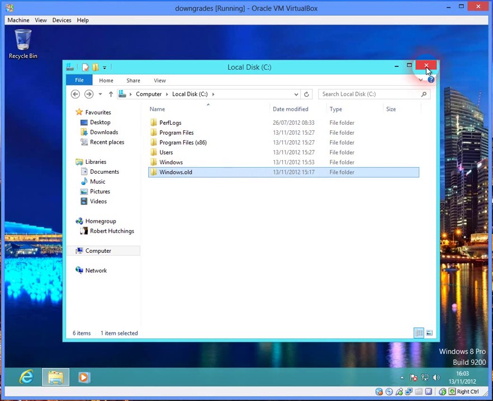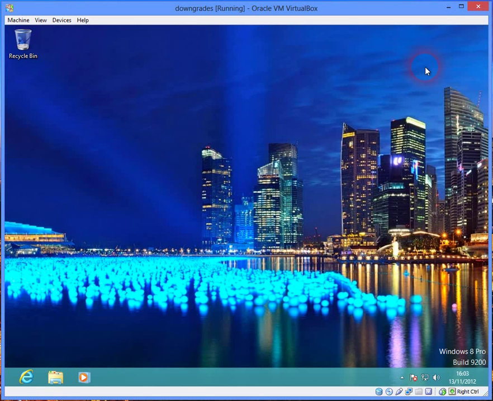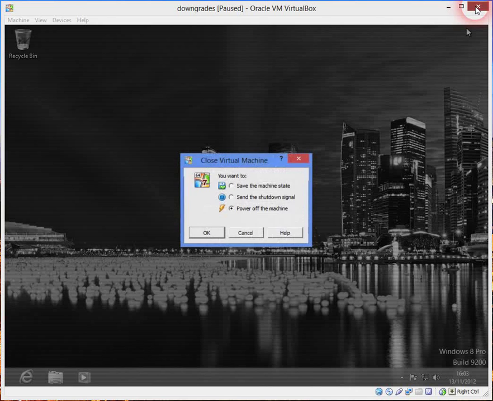So the first thing I want to do is insert an installation disk, because we need to use a command prompt that's outside of the operating system. So I've already inserted a copy of Windows 7, and we'll just